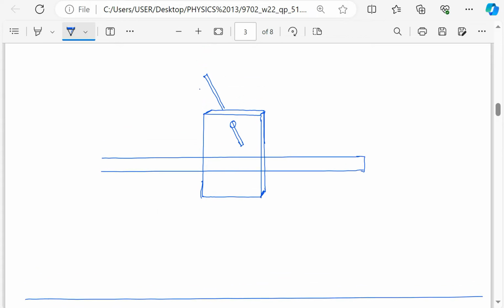Then I'm going to put a clamp somewhere here. Sorry, this is a stand. So I'll use the same stand for both the ruler and